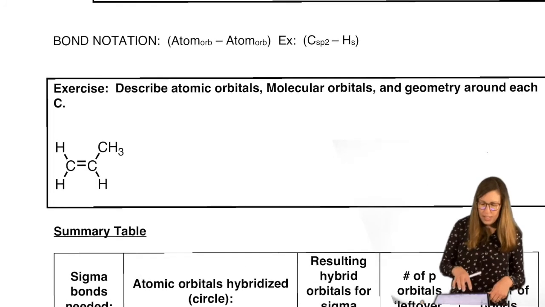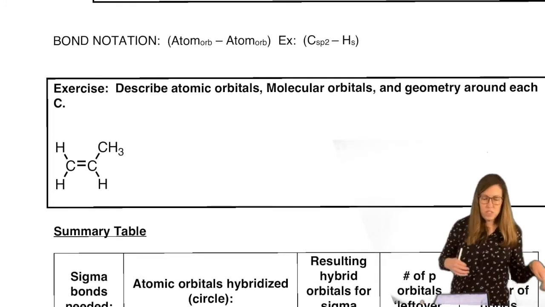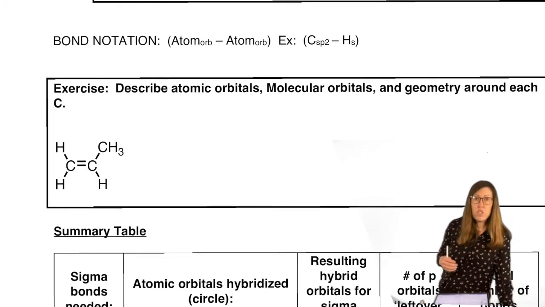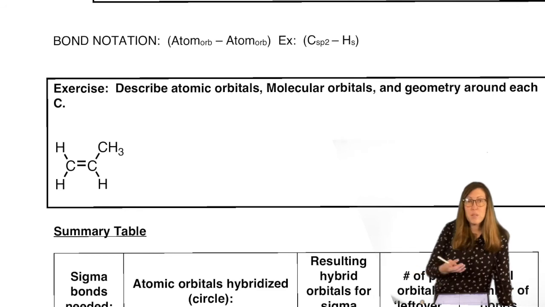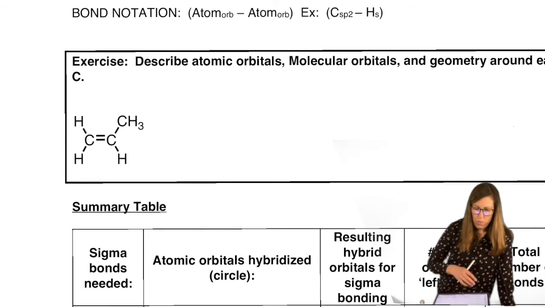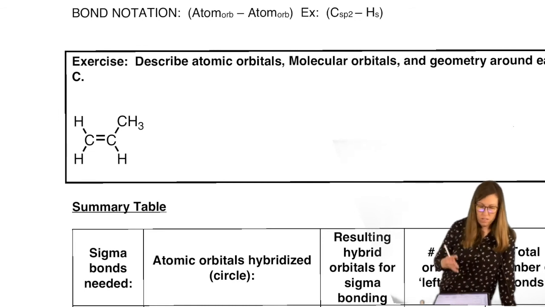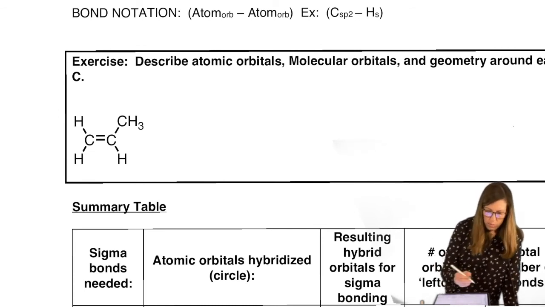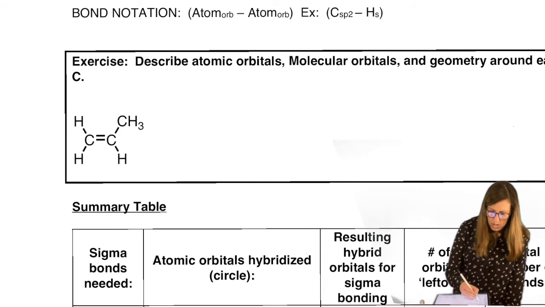Another way you might see this listed in more formal terms is to describe all bonding. And so this is frequently a popular way to do an exam. Some of my old exams have done this, or homework problems, where we fully describe how all bonds and everything is made, just to prove our ultimate understanding of this. So for every carbon, it says to describe how all those 4 bonds are made: the atomic orbitals and molecular orbitals in geometry.